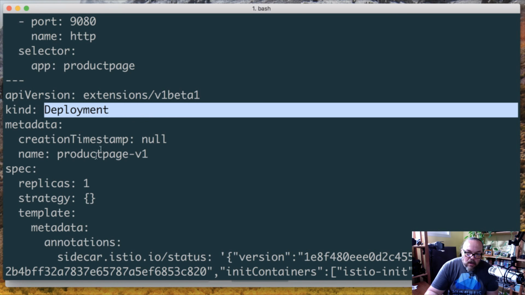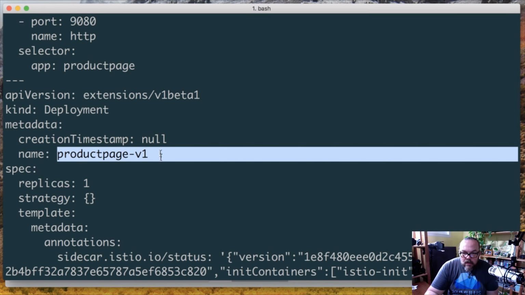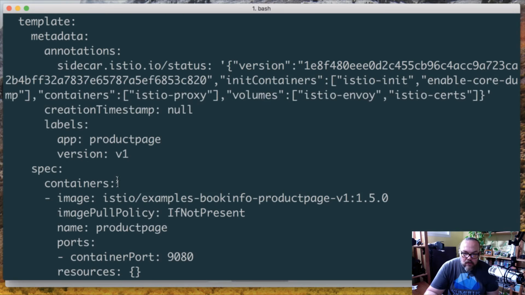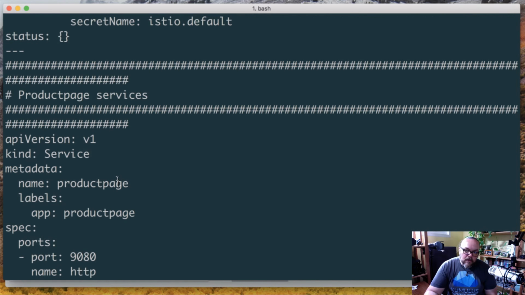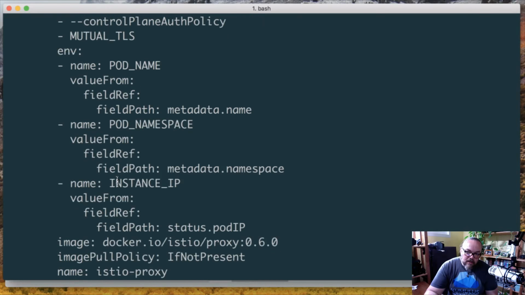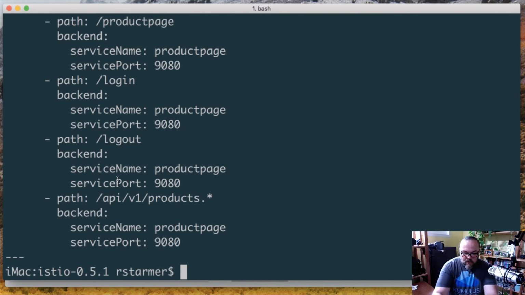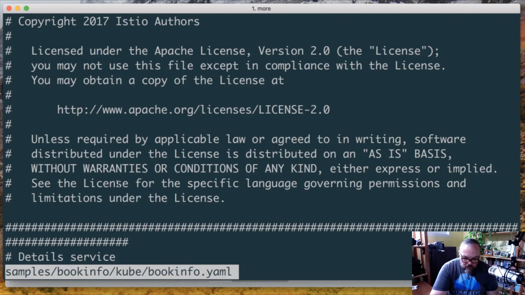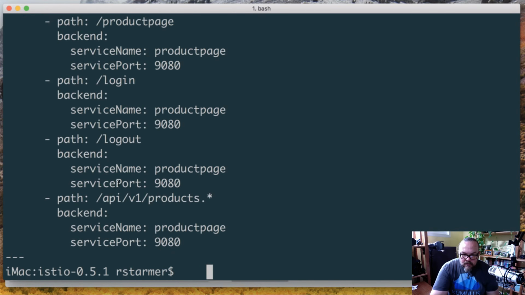This is a deployment for the product page version 1, and a deployment is a Kubernetes environment that manages scale and manages resource lifecycle. If I wanted to have a different version of this, I can tell the deployment to change from product page v1 to product page v2, for example, and the rest of the system will be able to handle all of that interaction. But specifically, what ended up happening is Istio injected itself into this document, and we can see that's true, because if we look at the file itself, go all the way to the end, right, here we